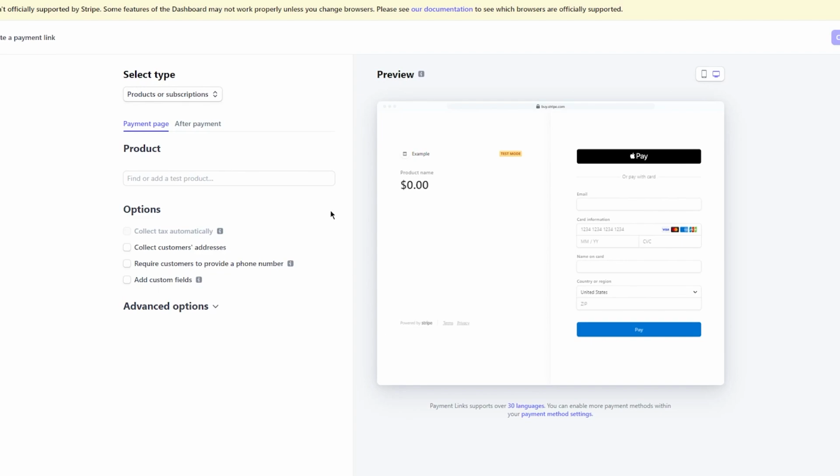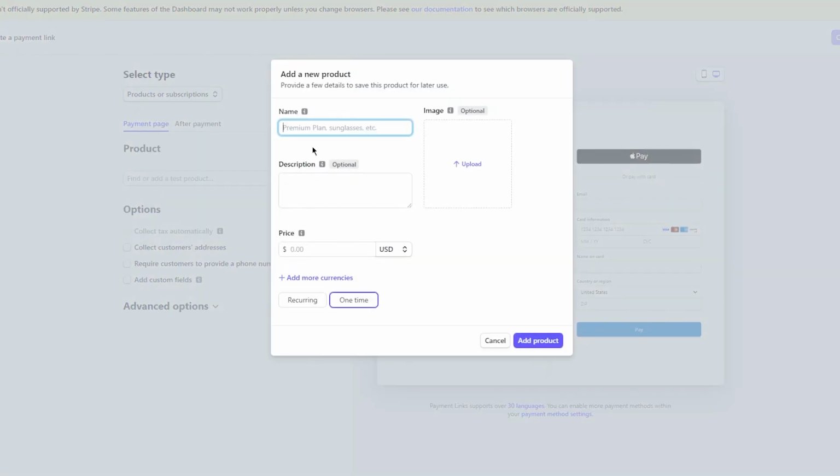What I like about Stripe is that on the left, you can set it all up, and on the right, it keeps showing everything that you're doing. So let's first of all go ahead and add a product for ourselves. Let's say I'm going to add a shirt. Let's add black t-shirt, Levi's. Okay, it's a Levi's black t-shirt,